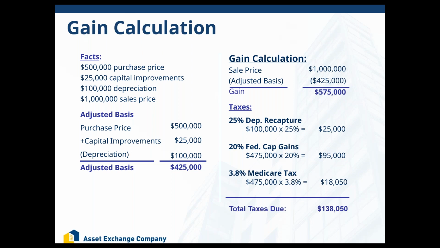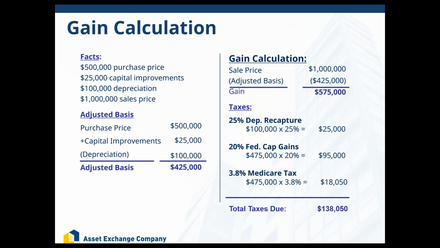To calculate the taxes, the first thing you have to calculate is what they refer to as adjusted basis. The way you do that is you take your original purchase price of $500,000, add back the capital improvements of $25,000, and then deduct the depreciation of $100,000. That gives you an adjusted basis of $425,000. Now, how much are we going to sell it for? $1 million. So we take that $1 million sales price, deduct the adjusted basis of $425,000, and that gives us a gain of